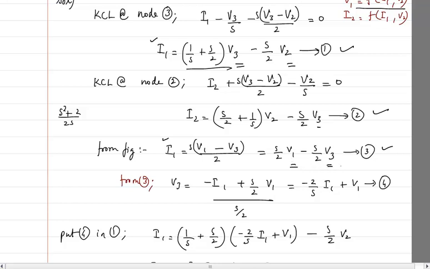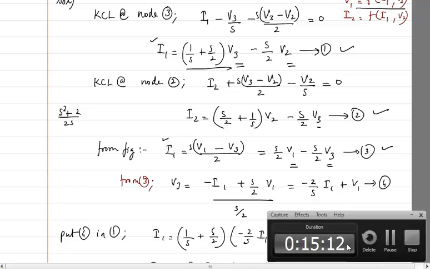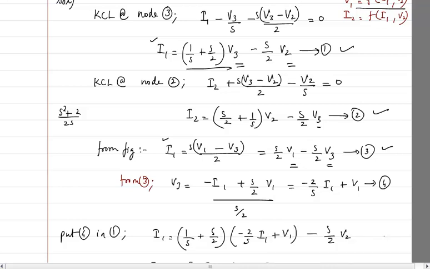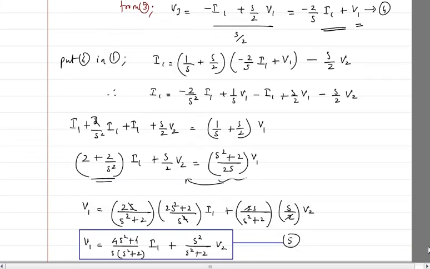V1, V2 and V3 together, from where I can take V3 and substitute it here. So I will get everything in terms of V2 and V3. But I can do another very simple thing, that is this V3 I will substitute from equation number 4, and this V1 I will replace with equation number 5 that I have just now got.